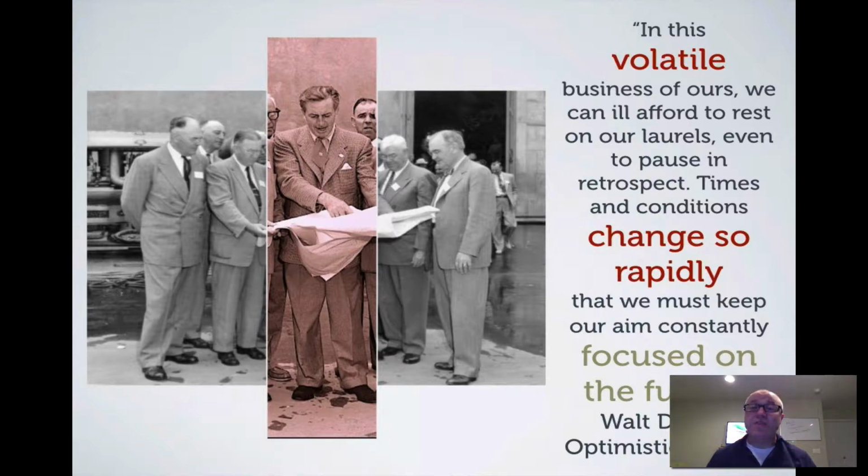So the V in VUCA stands for volatility. And volatility is all about the speed of change, the rapid speed of change, and the shortening intervals between change. Things are so volatile now that the time between change is shorter and shorter. And so that is something that you can share, that today we live in this VUCA environment, and what the V, the U, the C, and the A stand for, and that Walt saw that even then. And as I said, this is a great place for you to begin sharing, especially over this slide. Beginning with this slide and the next 2 or 3 slides is a great place to start sharing about VUCA.